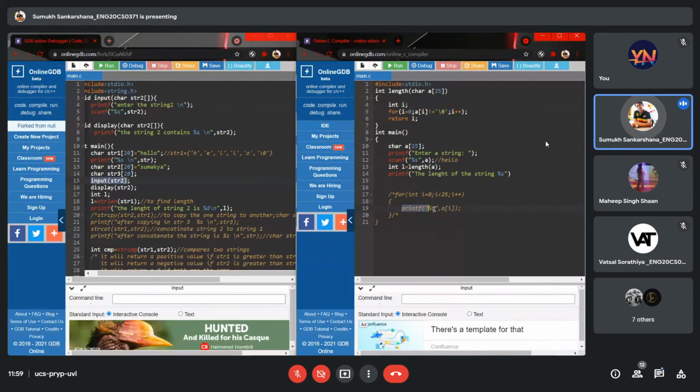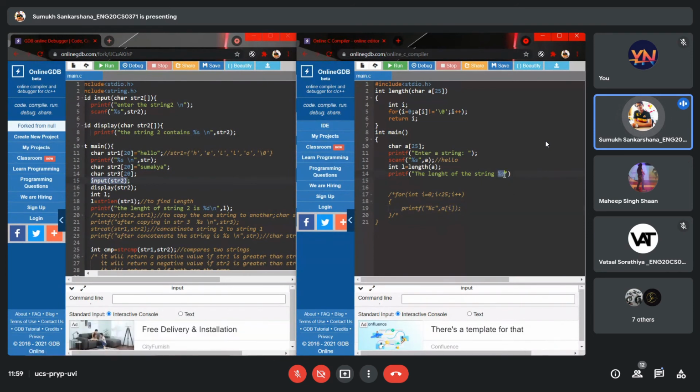When we are printing the whole string, we use a %s, and the format specifier for the length is int, because the number of elements is considered an integer. So we use a %d, and don't forget the new line command at the end of your last printf statement, or any printf statement, to make it look good.